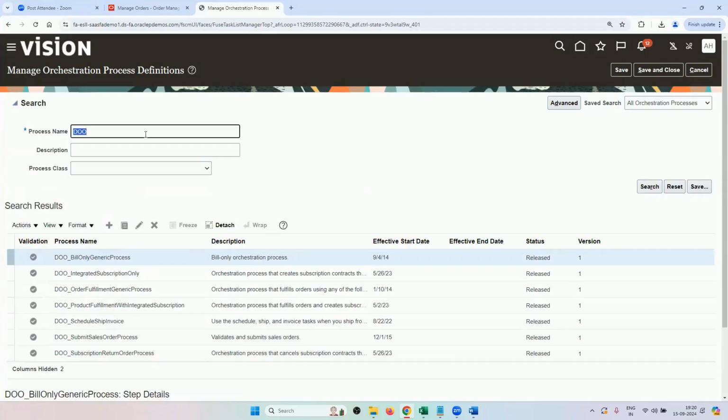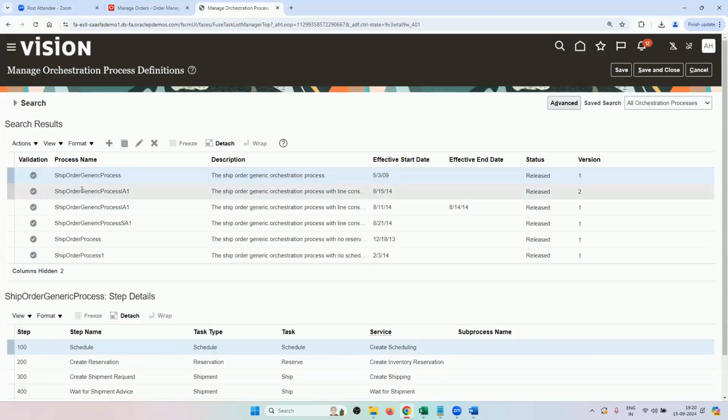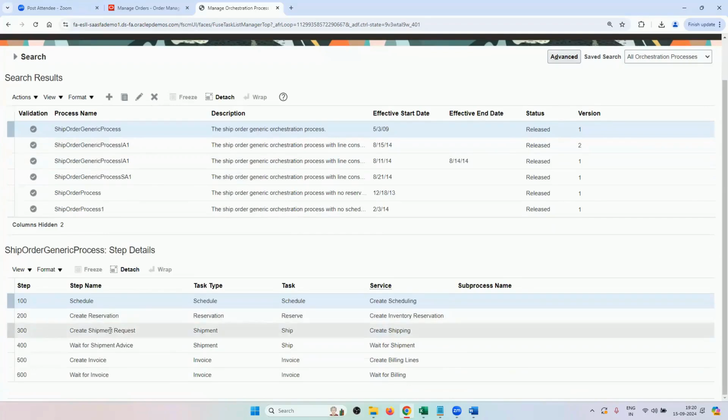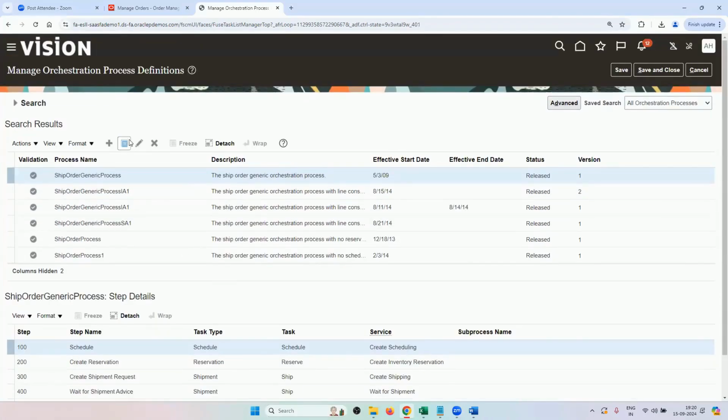We'll go to search. We will search for our ship order generic process, which has schedule, reserve, ship, invoice. And you never edit the seeded process. Okay, you always duplicate it and then edit. So first we will duplicate this. Click on duplicate. After selecting this,